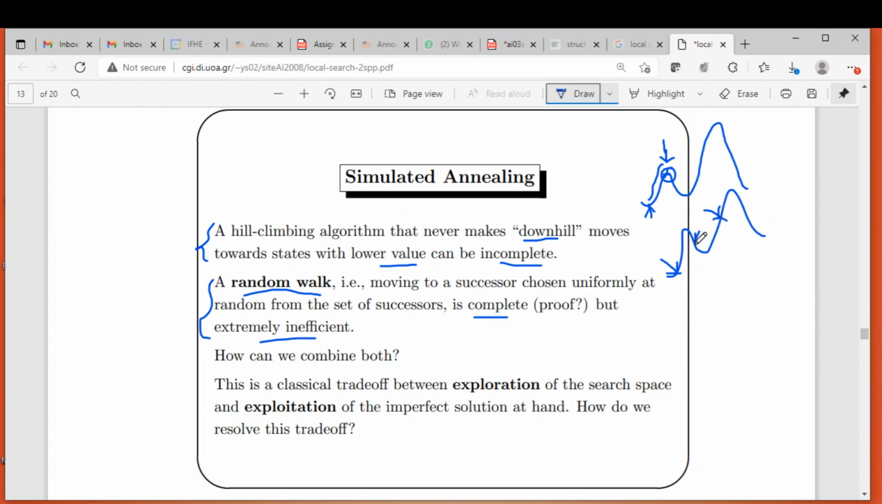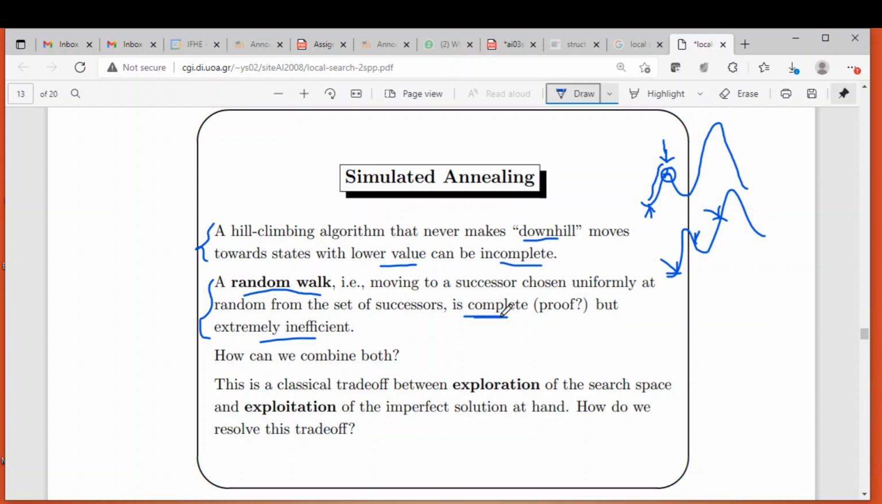Probably you will compare whether this state is better than this state or not. If it is, then you will accept. So like that, at every round we randomly pick up the next state. That is called a random walk. Okay, that is another extreme. The problem with random walk is